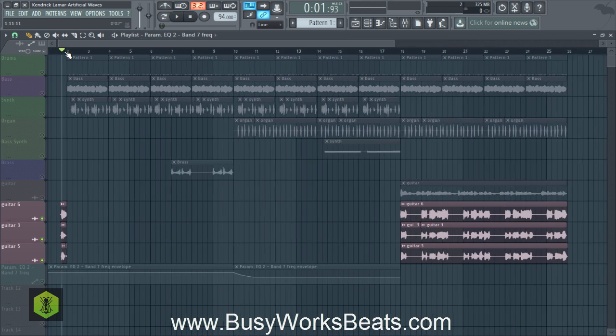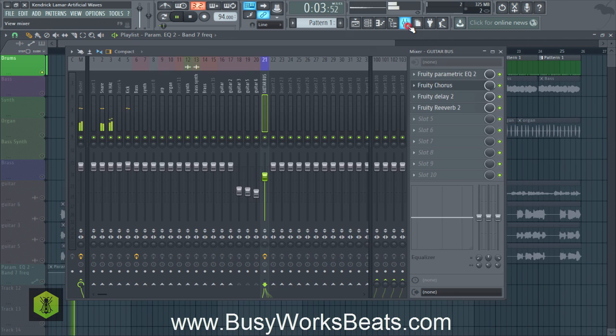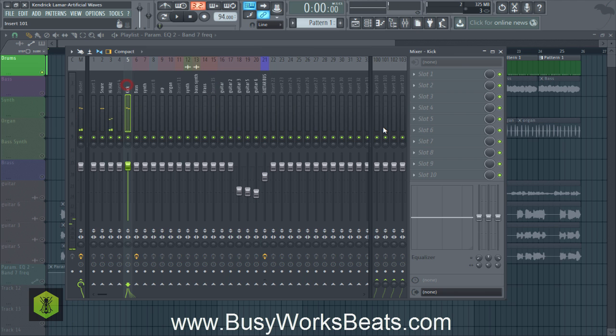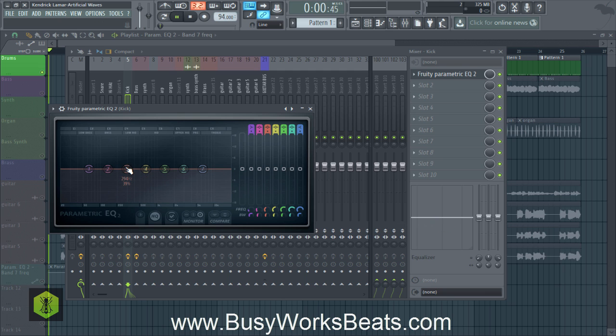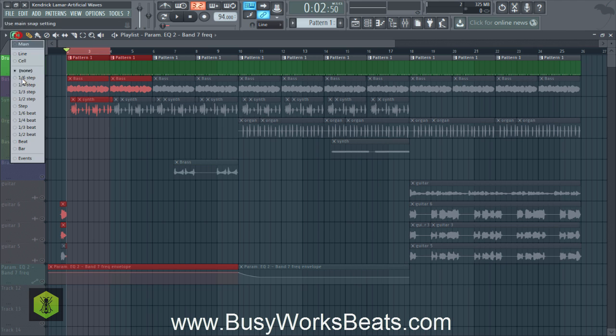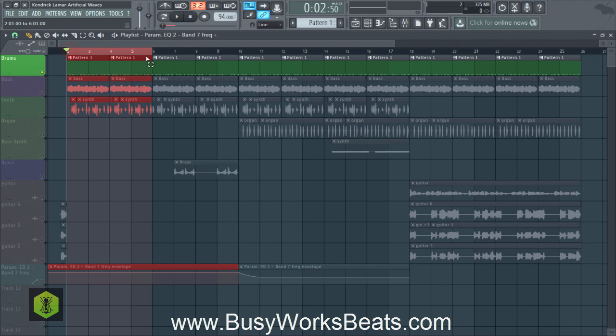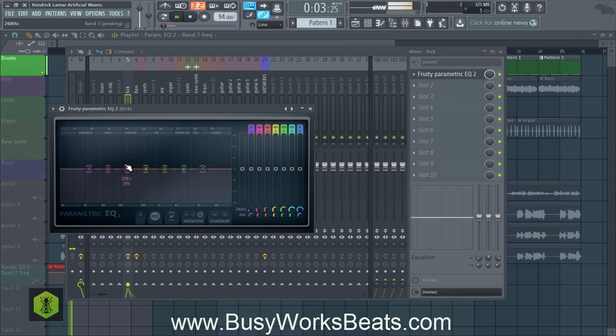Now let's move on to the next element in the song, which is the drums. Now the kick and the snare don't really need any work because they're already programmed for you. But let's look at the kick signature. Solo. So basically you're going to give the kick a little more thump. We're going to give it a little punch at 250K just to give the iPod listeners a little more clarity.